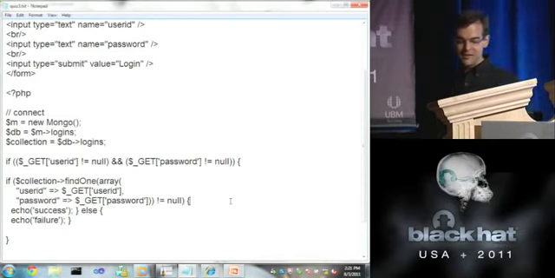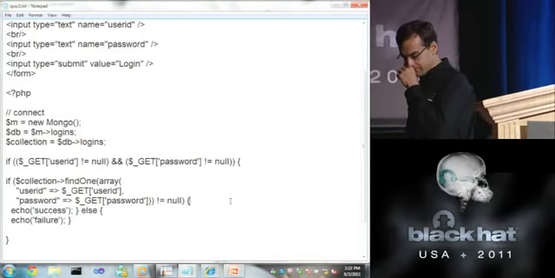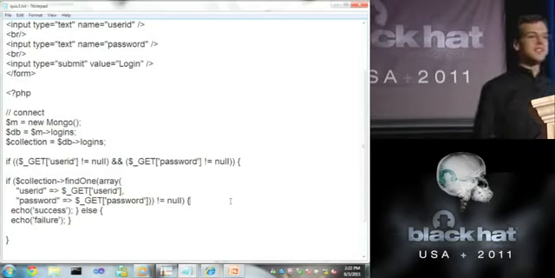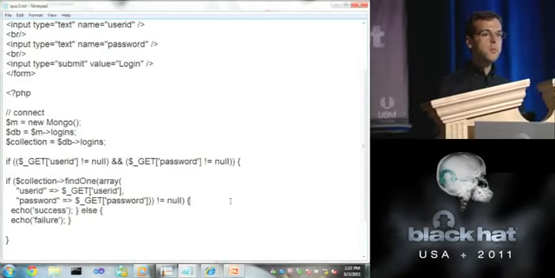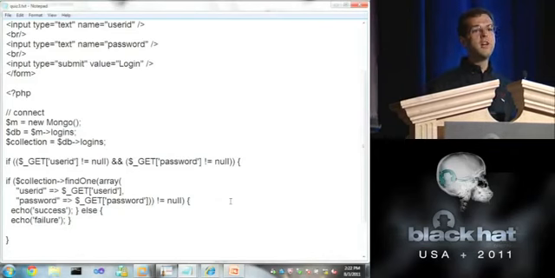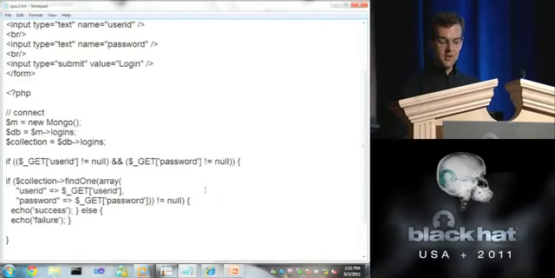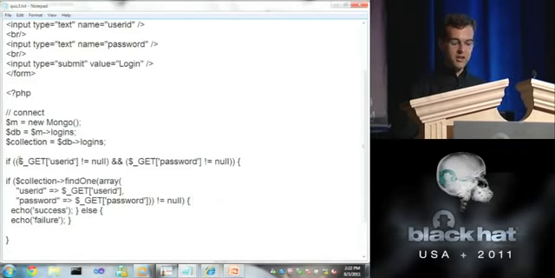OK, so it's an injection attack. It was kind of a trick. It's not a SQL injection. It's a NoSQL injection attack, but it's not immediately obvious here. So we're pulling the user ID and a password from the query string,